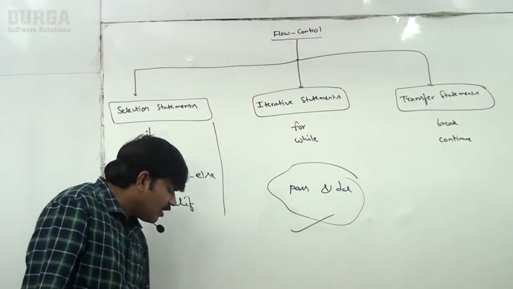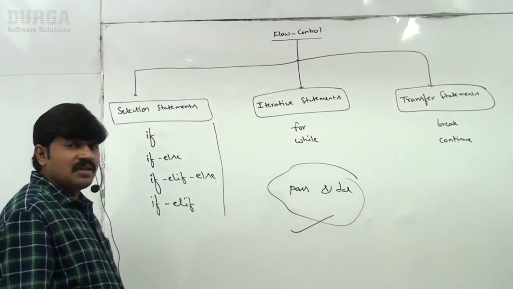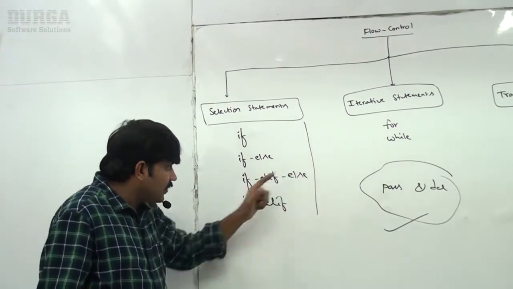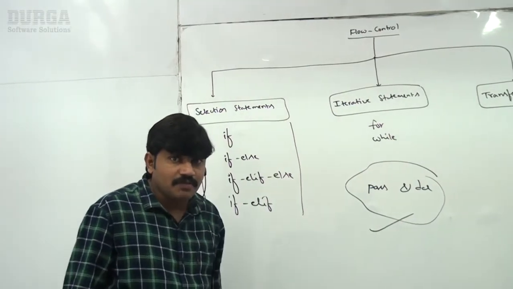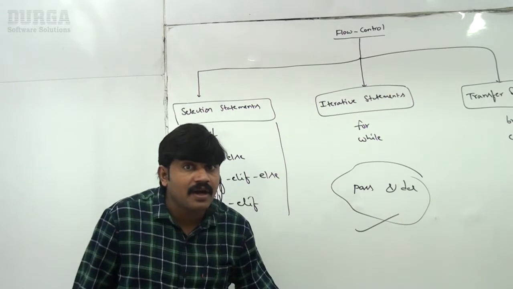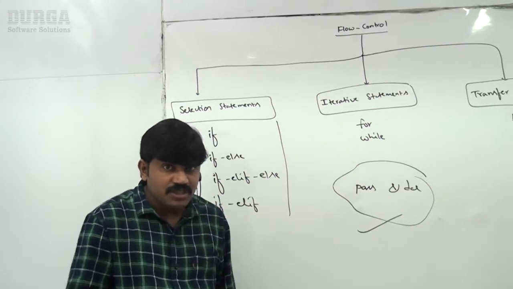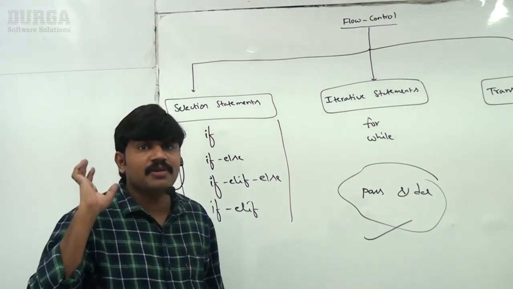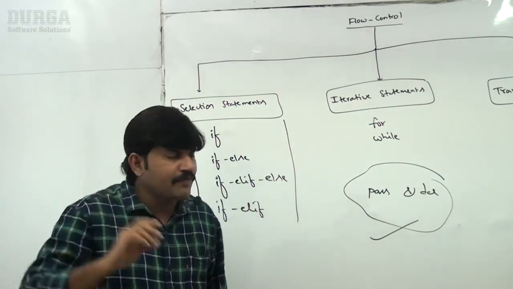Now I have one small doubt by seeing this. You are telling if, if else, if elif, like multiple options. Where is the switch statement? Sir, I am coming from Java. I know the switch statement is there, and even in C language the switch statement is there. Where is the switch statement in Python? Very simple, there is no switch statement in Python. Clear for all of you, right?